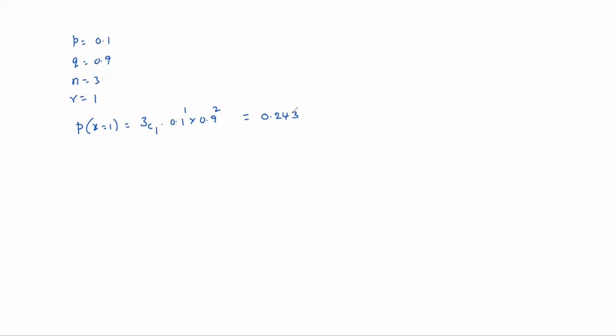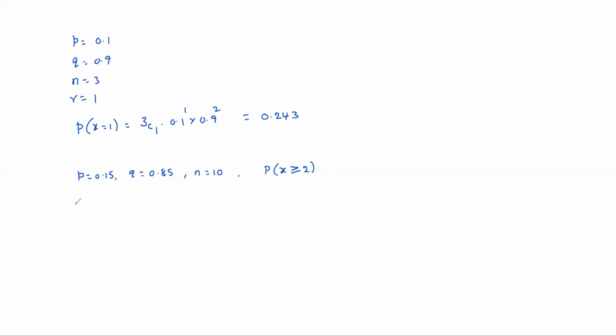See the last problem, 396th problem. The probability of getting pass in GATE exam is 15%. Probability 0.15, Q is 0.85, failure is 85%. If 10 persons are randomly chosen from a coaching center, N is 10. Find the probability that at least 2 persons qualify in GATE. At least 2 means X greater than or equal to 2.